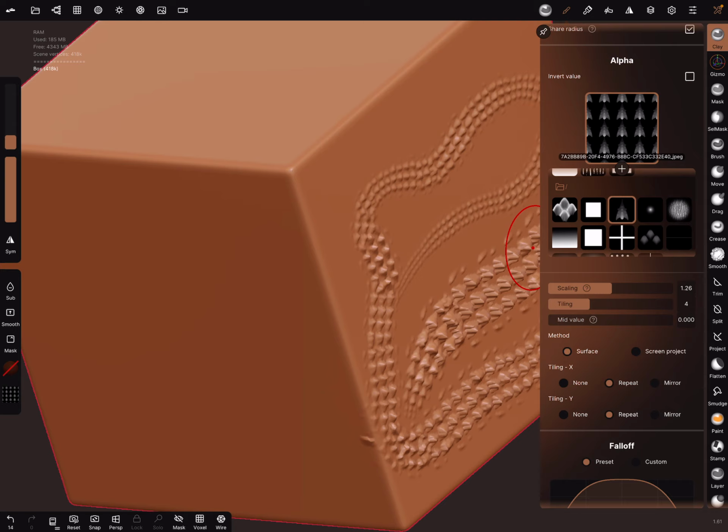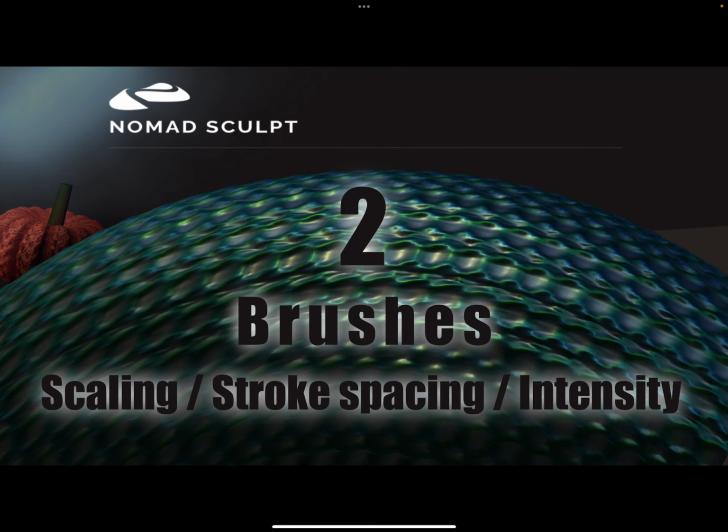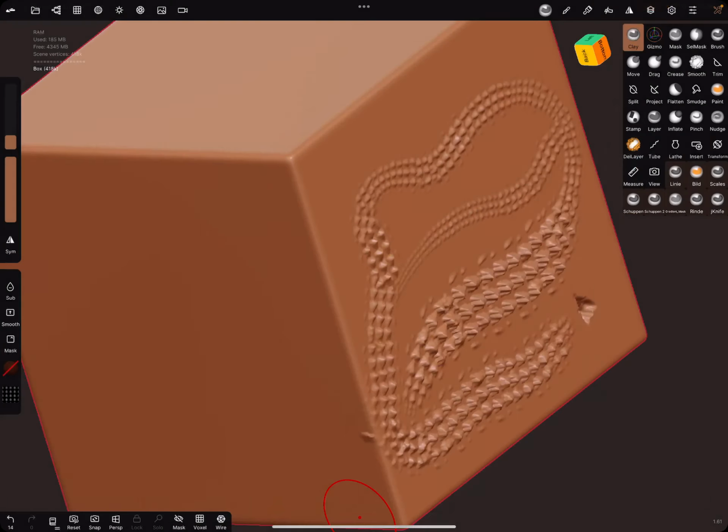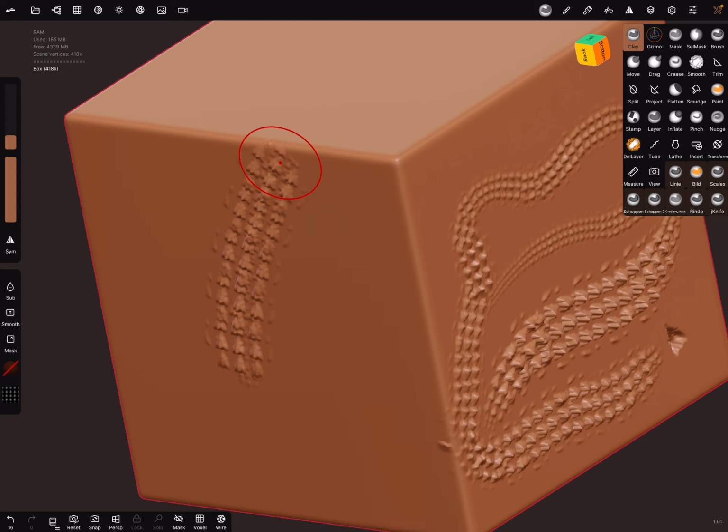Okay, and look, stroke spacing, scaling, and the intensity. The intensity, you can bring the intensity slider to 100%, and you can bring it to more than 100%.